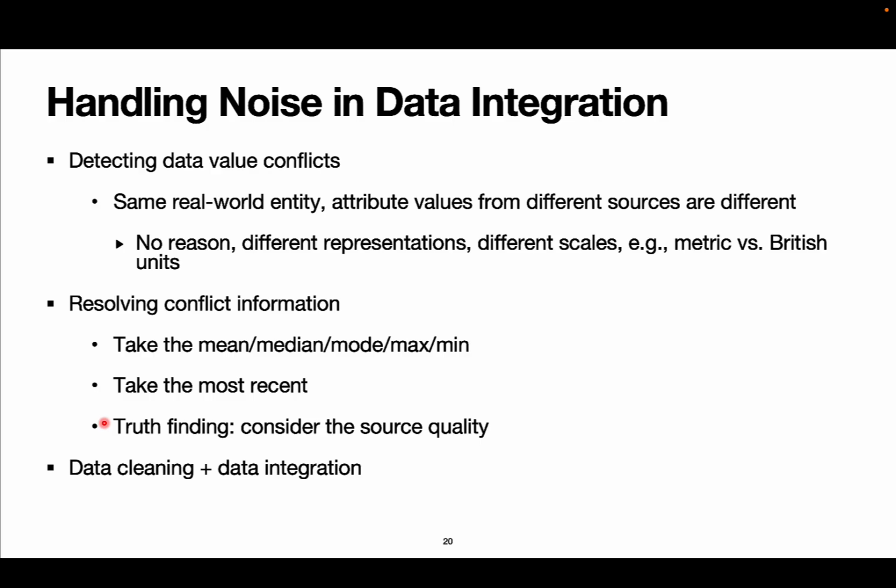And as you would all expect, data integration will only make data cleaning issues more challenging because now we have integrated data from multiple sources. So it becomes very important to detect value conflicts. Some of the example, let's say one database uses centimeters, the other uses inches. So what to do? Some of the methods to deal with conflicts are using statistical measures like the mean, median, mode, picking the one that was most recently stored, or finding a creative resolution.